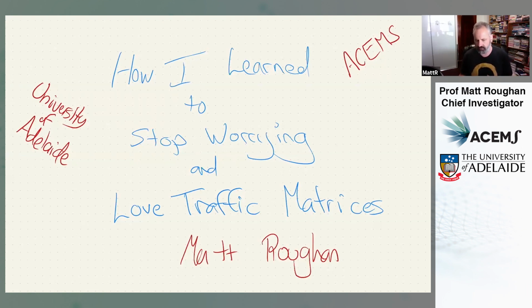And one of those problems was that in order to optimize a network, and this is a classic optimization problem, network optimization, you need an input which is called a traffic matrix. And there's probably 600 papers written about this optimization problem, maybe 1,000 papers written about network optimizations, and every one of them starts with this just subtext of, God give me a traffic matrix. It's just assumed to be something that's easy to measure. It's assumed to be something that you just get. And in fact, it's never been something that's easy to get in the telecoms sector.